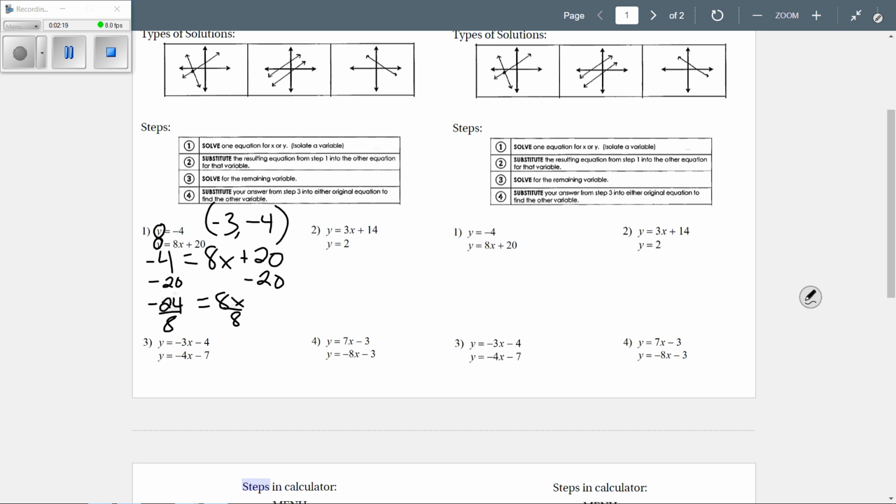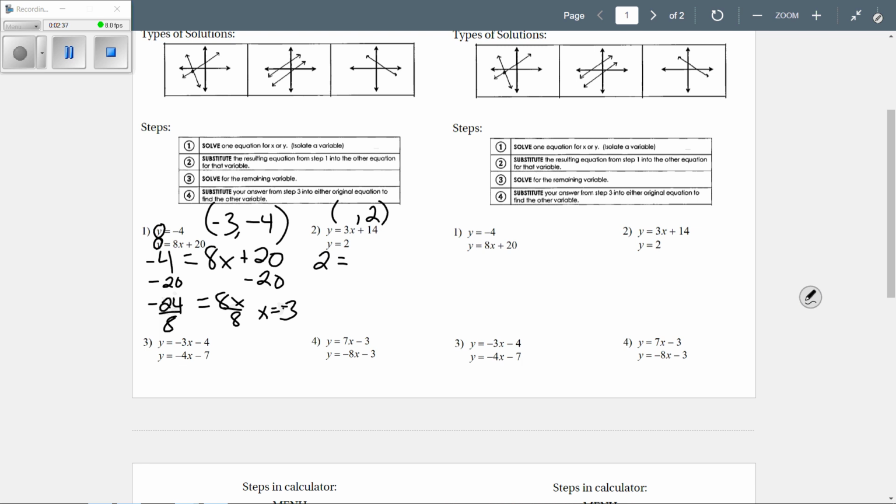Write this smaller. X equals -3. All right. Move on to number 2. Once again, it's easy because we already know what y is. So our final answer will be,